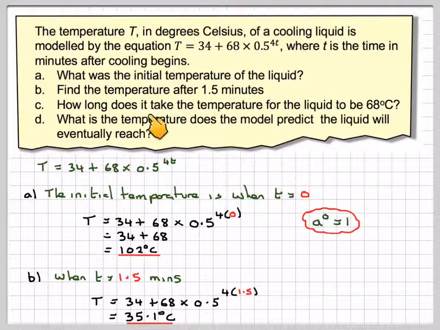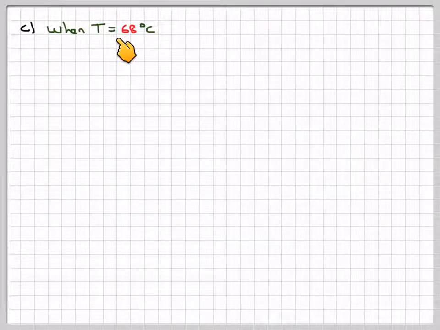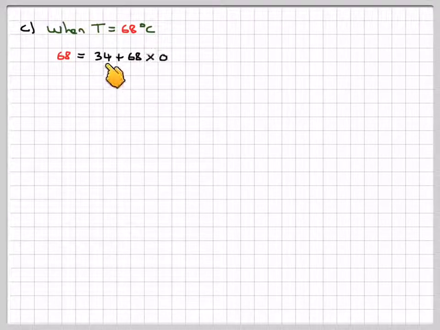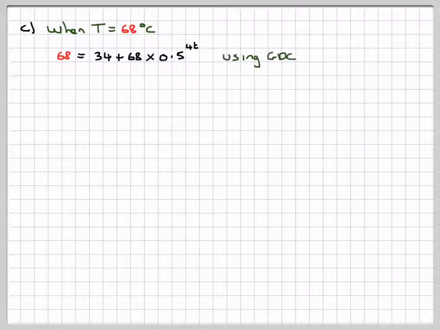Now part C says, how long does the temperature take to get to 68? So when T is equal to 68 degrees C, we're going to have that 68 is going to be equal to 34 plus 68 times 0.5 to the 4t. Now to do this we need to really use our GDC. So going to our GDC